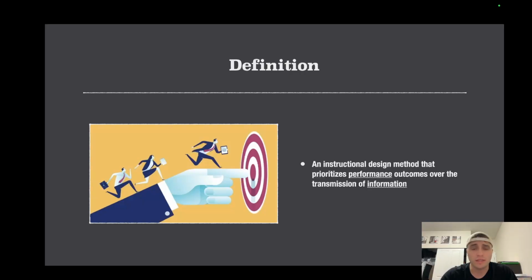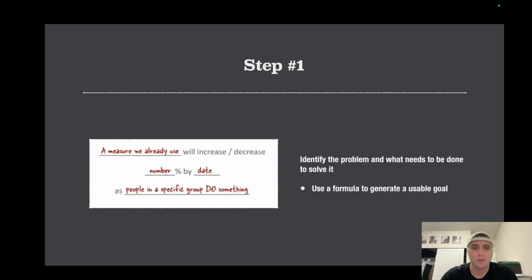And that is actually where we will be starting with step one. The first step in action mapping is to clarify the goal for your learners. And we can use a formula to generate this goal. This was actually provided by Kathy Moore on her website. And the formula is as follows. A measure that we already use will increase or decrease by a certain percentage by a certain date as people do something. We're going to go ahead and use that same formula in a later slide